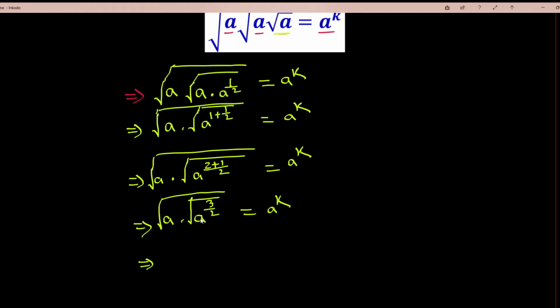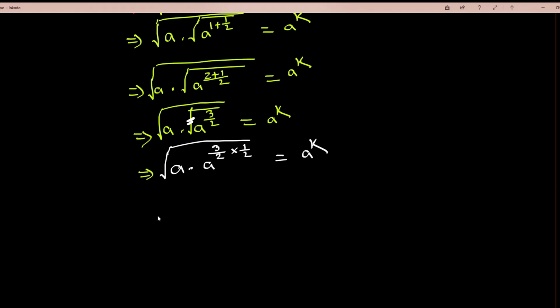Again, if we omit this root, so we can write like this, a into, we omit this one, so we can write a into 3 divided by 2 into 1 by 2 equals a to the power k, okay. So what will be the answer like this, a into a to the 3 divided by 4, this is root equals a to the power k. Again we omit this root, so we can write